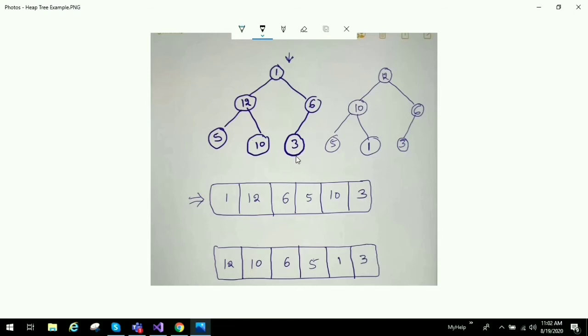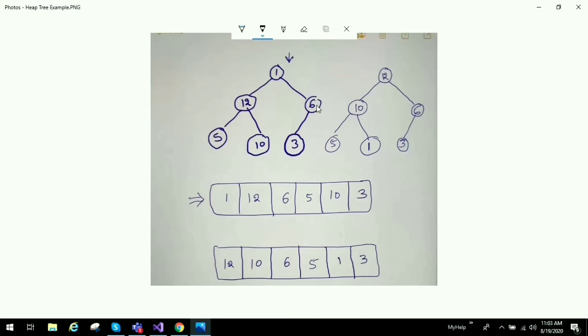In this example, if I start from the last node, that is 3, 3 is already following heap properties because it does not have any children to compare. If I go to the previous element, that is 10, 10 is also following heap properties. Basically leaf nodes will always follow heap properties because they do not have any children. If I take a non-leaf node, that is 6, it has a child, so heapify can be applied on this element.